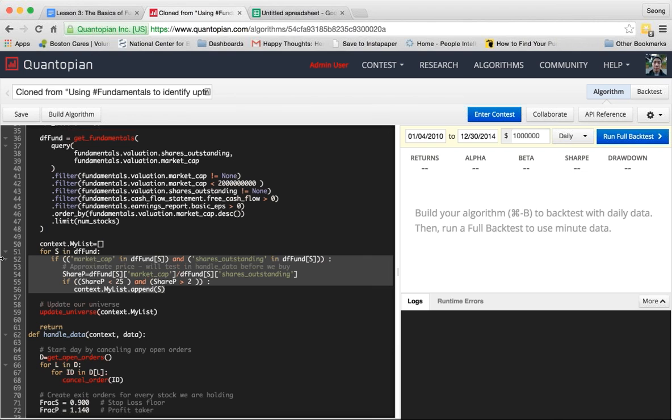He's basically just taking the securities with fundamental data present, and he's appending it to something called context.mylist, which is a list that he's instantiated up there. And finally, he updates his universe. So he does things a little differently, which just shows you guys the flexibility of the ways that you